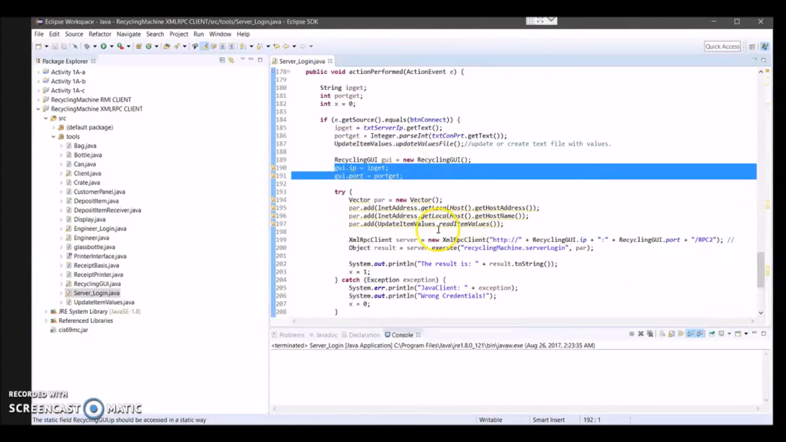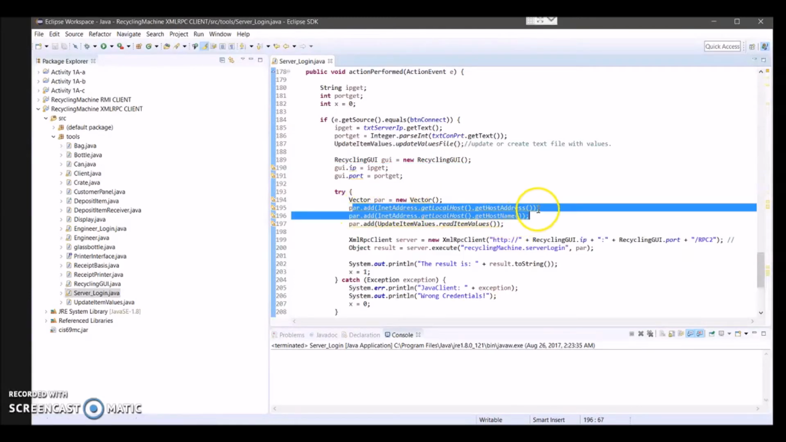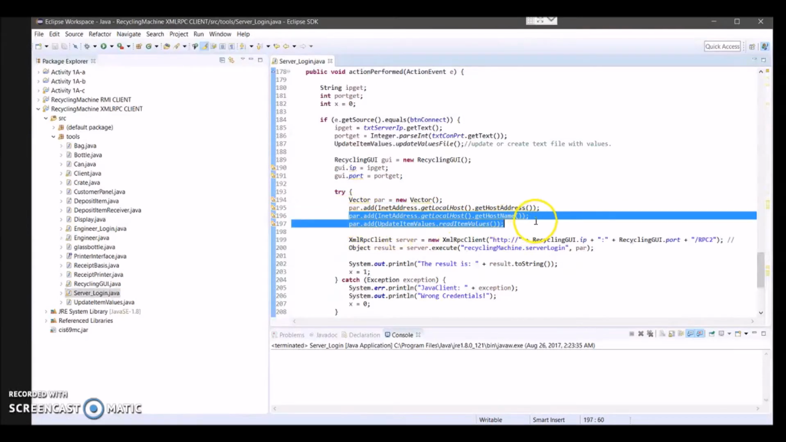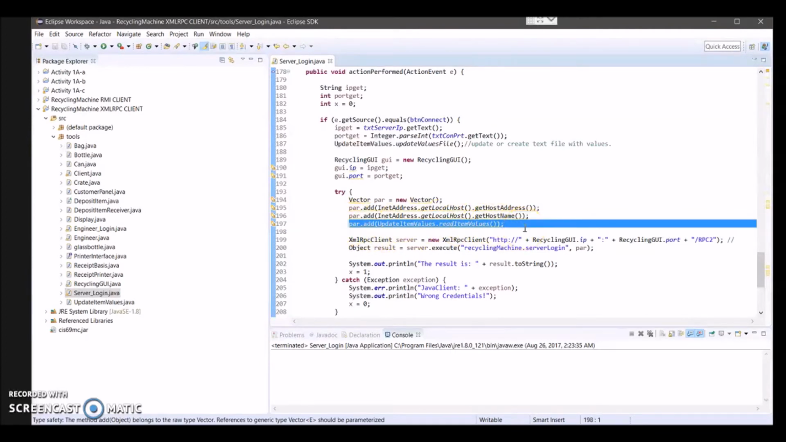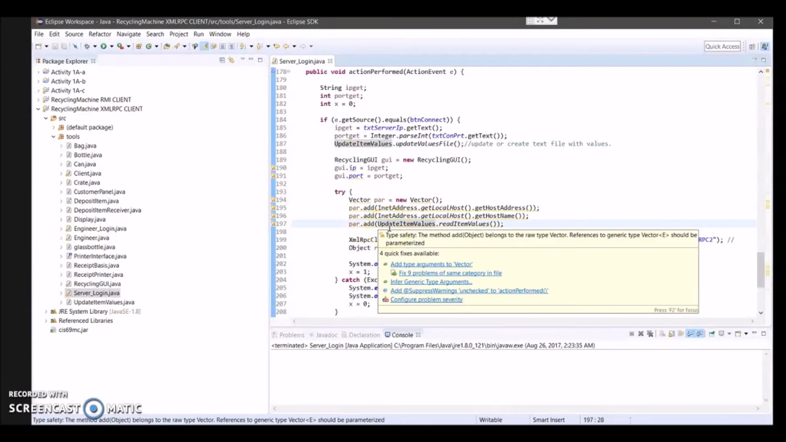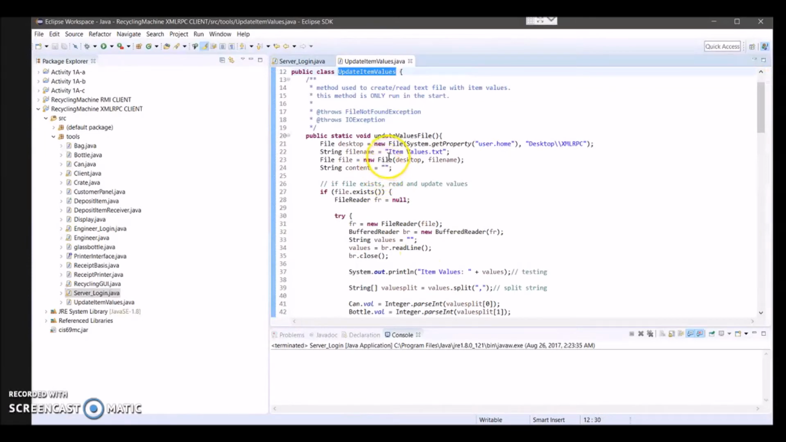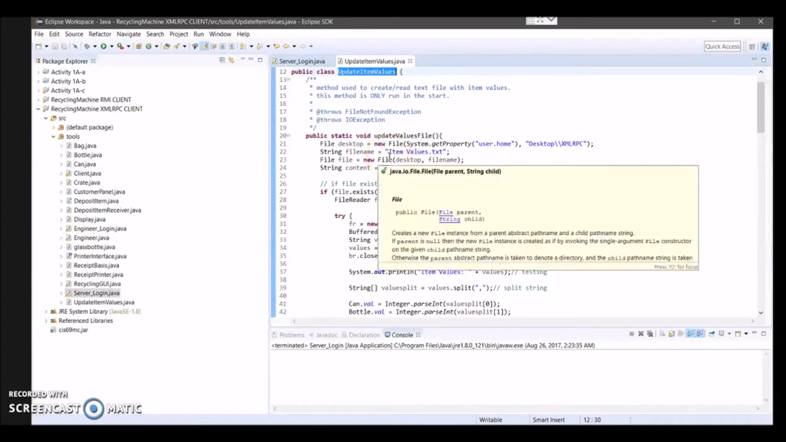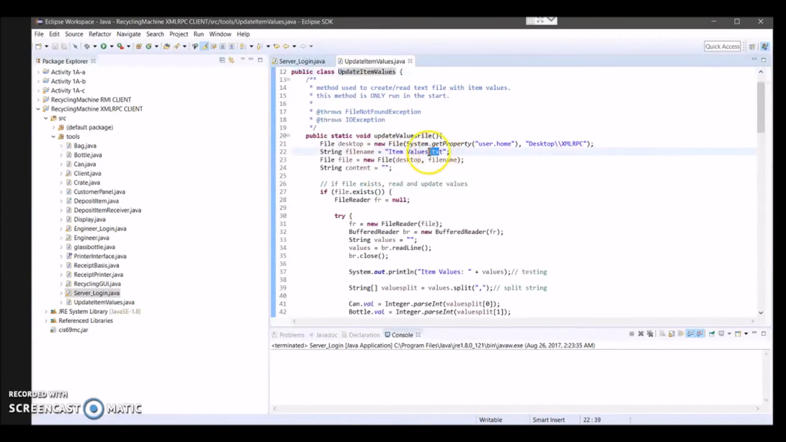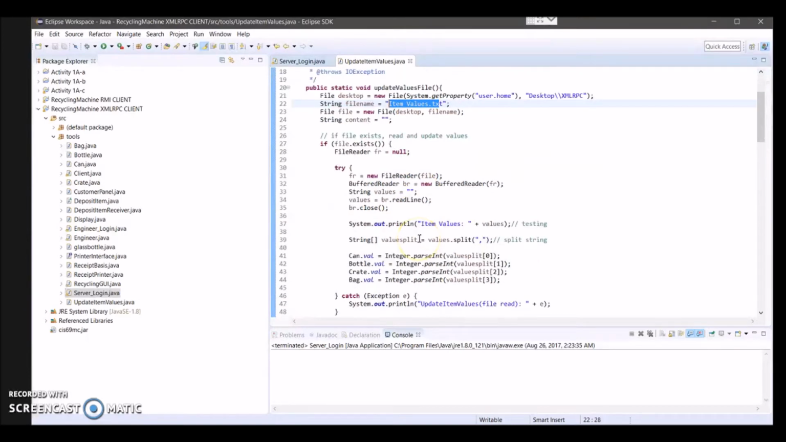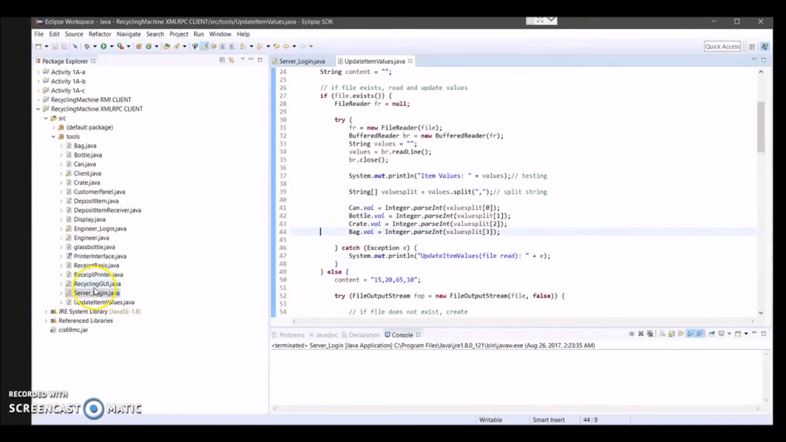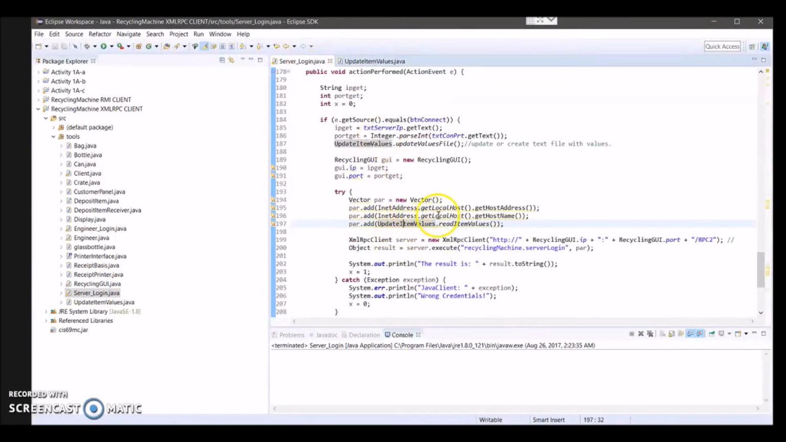Thereafter, the parameters which are passed to get the IP address, then the parameters for the host name, and for the items to get the value updated. Thereonwards, the update item values class, it writes the file to, it first checks the file whether this existing item values.txt is available. So if it's there, it's gonna update, or it will be taking the values from this file. So thereafter, after the values are updated,